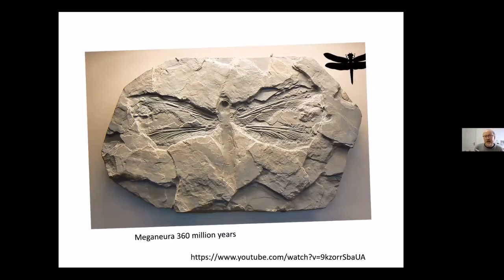I've put up an image of a dragonfly nowadays in the top right to give you a sense of scale. But back in the day, when the world had way more oxygen than it does now, dragonfly would have had a wingspan of about 1 meter. Now we're probably talking at most maybe 10 centimeters. So they were way, way larger